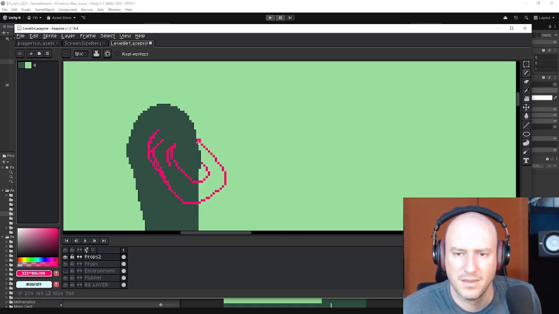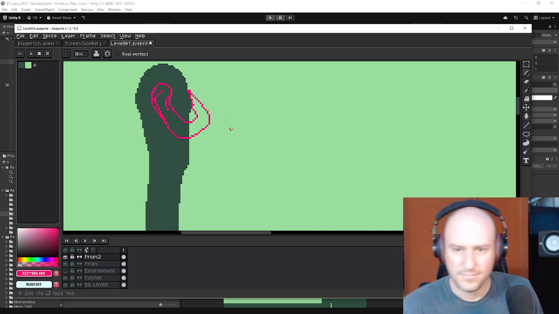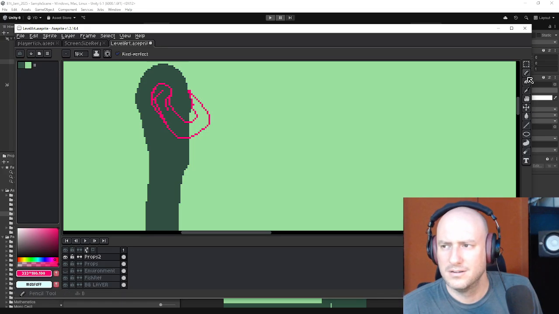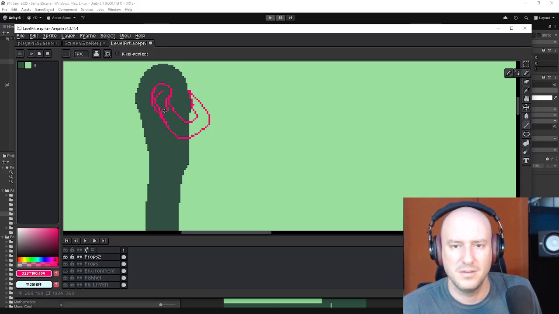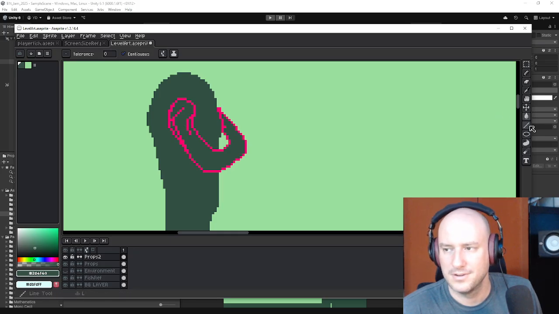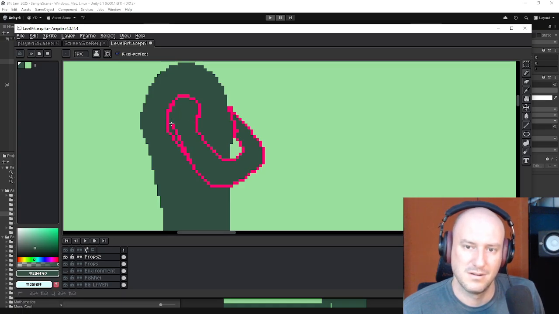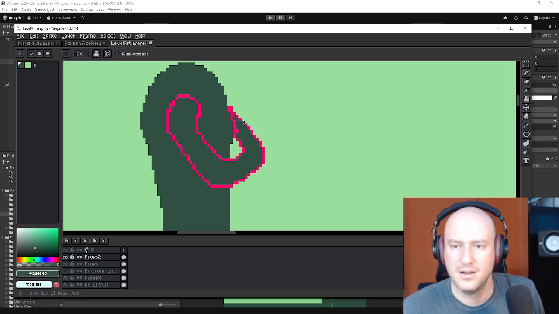Okay, more or less. This should fit the shape of the eye here. And then I can do a separate color. Well, this is going to be so tricky. I'm going to paint this. And then I have to swap. I have to basically invert all these. Okay. So I'm going to use that color